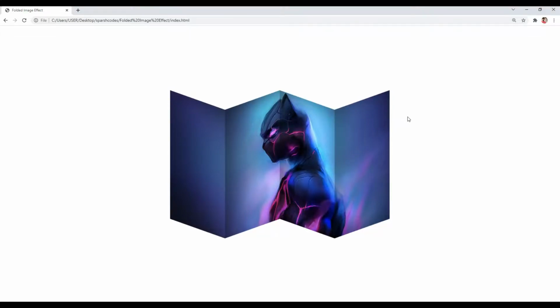Welcome back to another tutorial, and in this tutorial we are going to create this awesome folded image effect using only HTML and CSS. As always, I have explained every single step, so make sure you don't skip any part